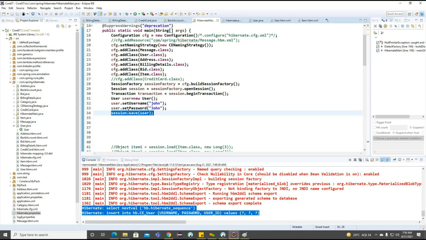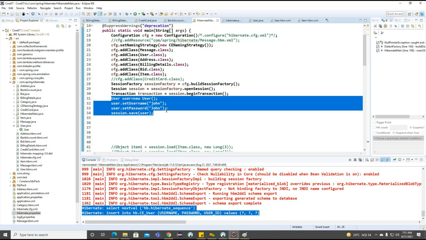So in this simple example, we identified how we moved from the transient state to the persistent state. But now, how can we move from the persistent state to the detached state? Getting the point. If you observe, we are modifying this particular user after the session is closed.